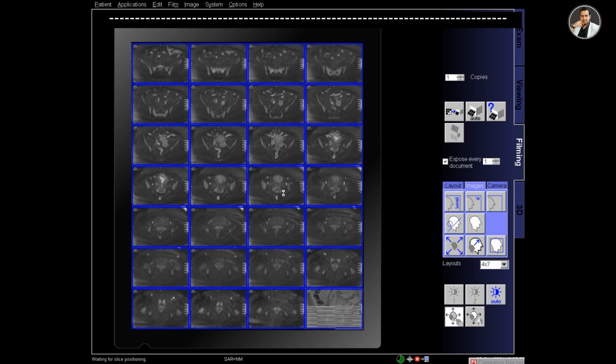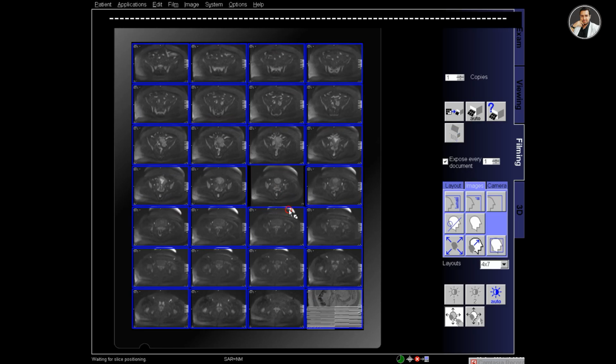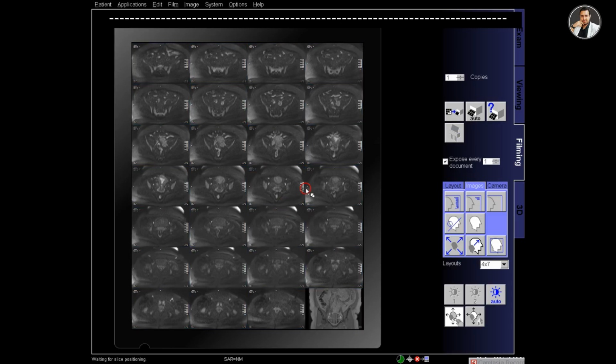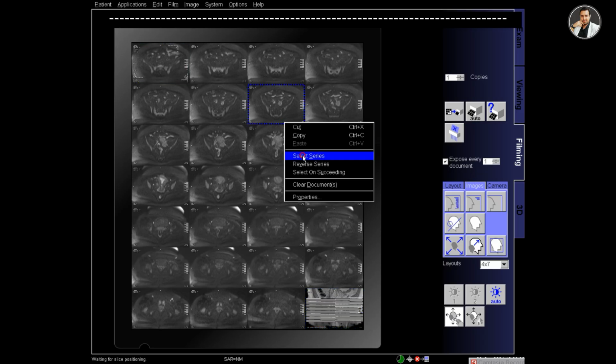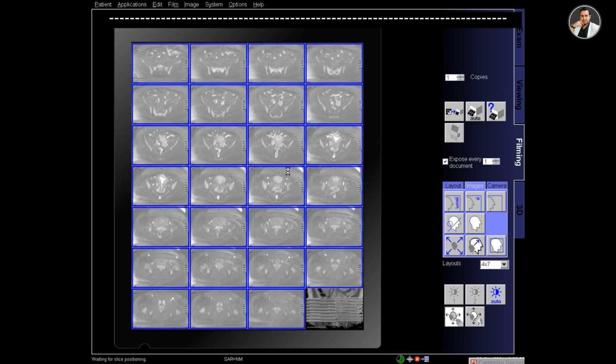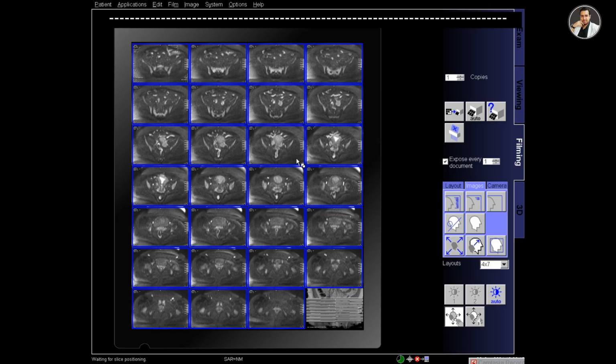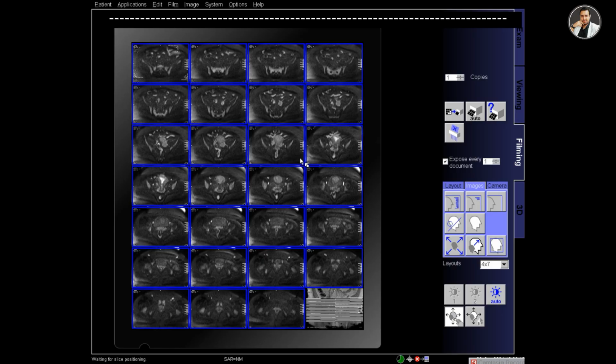And now zoom, pan and adjust the window. And also adjust the reference image. Again, I am changing the contrast. I always take time here.